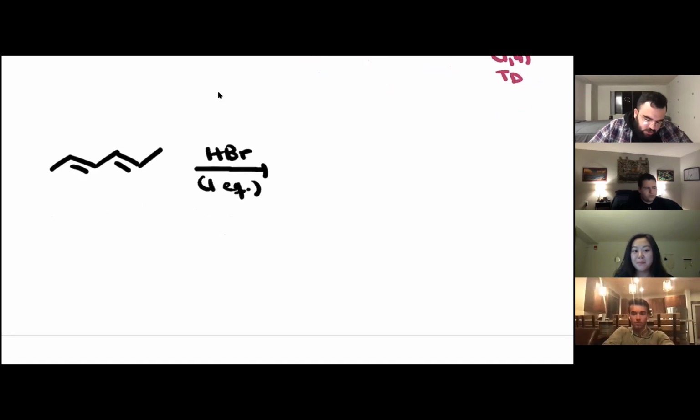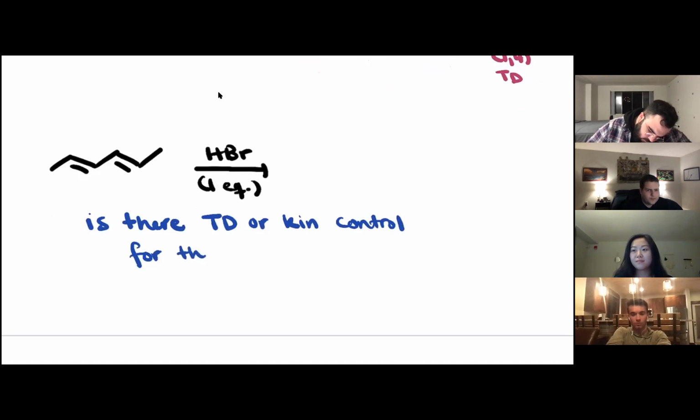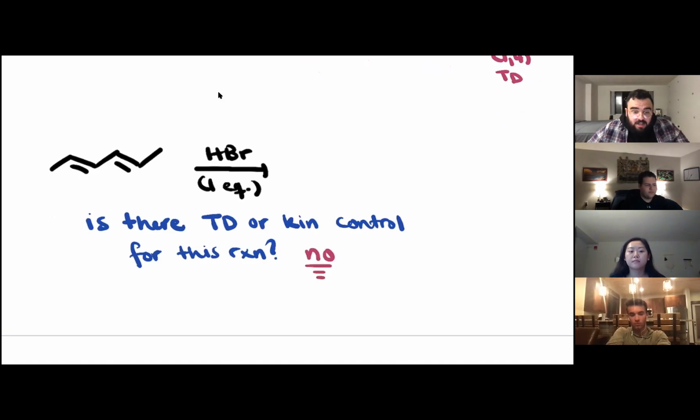Okay, and the question is, is there thermodynamic or kinetic control for this reaction? Okay, so is there thermodynamic or kinetic control for this reaction? The answer is no. Haha, tricky there probably, or maybe I didn't, which if I didn't, then that's good. But yeah, there is no thermodynamic or kinetic control for this reaction because if you draw the two products,